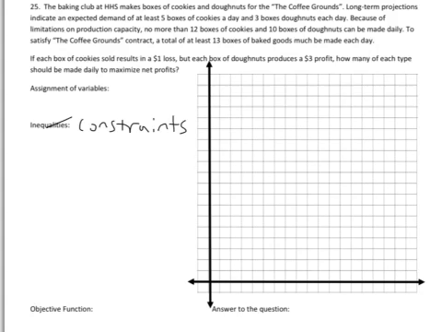Now, you're going to have a problem on the test tomorrow where it involves loss and profit, so we need to make sure we know how to deal with that. But first off, let's assign our variables, and our question can help us out. It says how many of each type should be made to maximize profits. So we want to know how many of each type, meaning how many boxes of cookies, how many boxes of donuts. So for X,